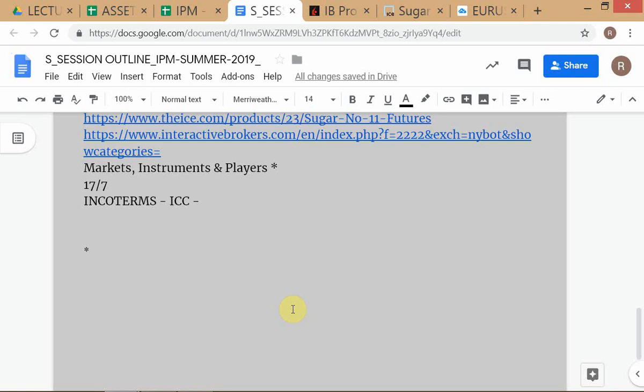So ICC. These are all the things that you have to look up. All these things are connected. The UNCISG, again, you can Google this stuff. It's all there in your session outline, so this is in your folder. You don't need to note the keywords. I'm writing it down here. You need to note the instructions. This file is going to remain in your folder. So this goes into the domain of what you have to study on your own.